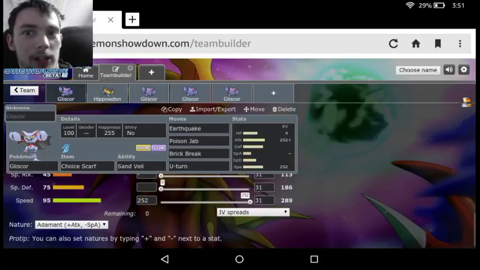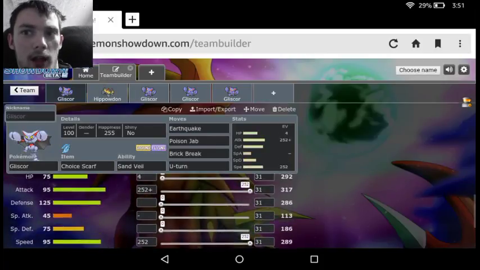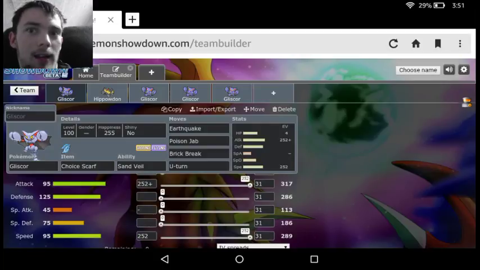So the idea behind this set is you max out the attack, reaching that 317, max out the speed, hitting the 289, Choice Scarf 1.5ing that to about 430 something, and then we just got Earthquake for the massive 100 damage and 100% accuracy,